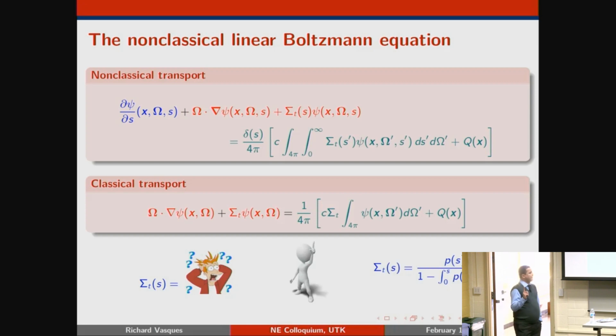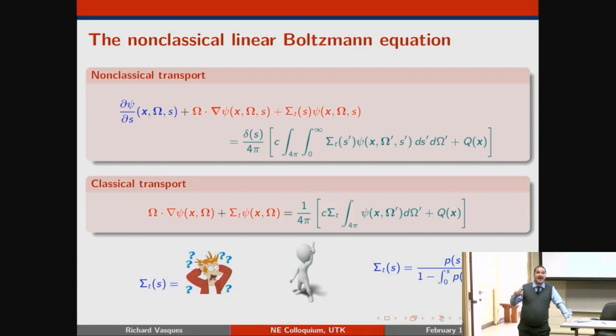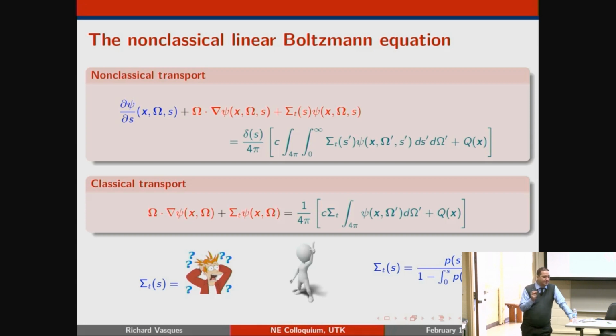You do know it has a direct relationship to the PDF. So if you have a way to analytically calculate the PDF, which has a physical sense that everybody knows and understands, you can get that sigma t of s. Otherwise, you can try to get the p of s experimentally. You can try to get the p of s by doing simulations in Monte Carlo. But it would be nice to have an analytical solution for that. Remember, p of s is just the probability function of the distances between collisions, so it has a physical sense. The sigma t of s is harder to grasp.